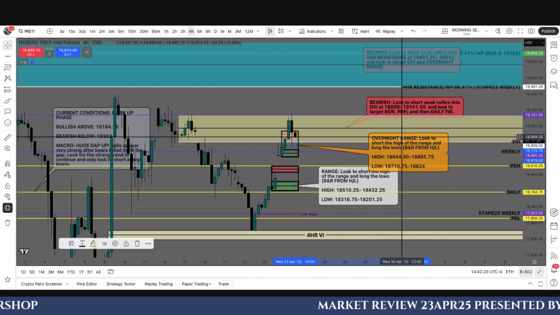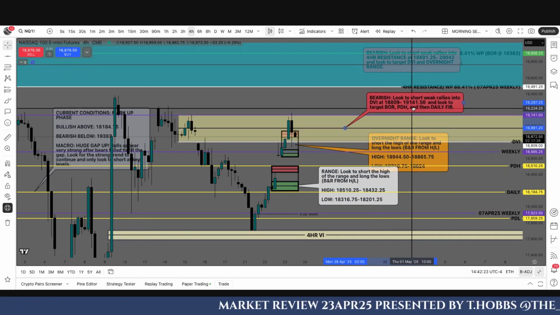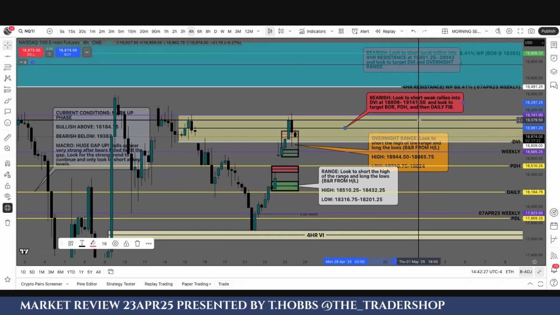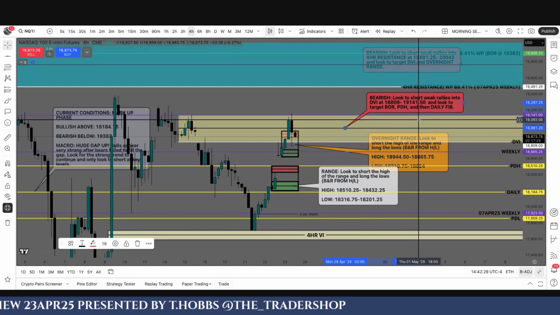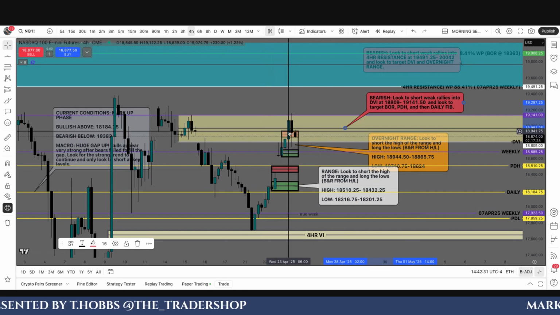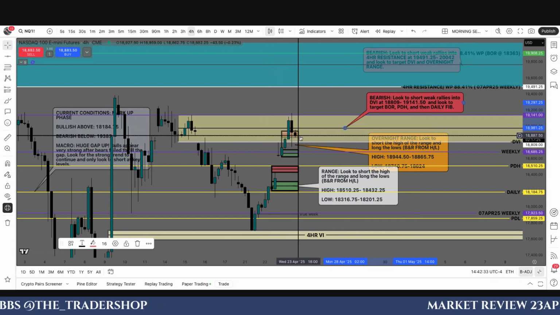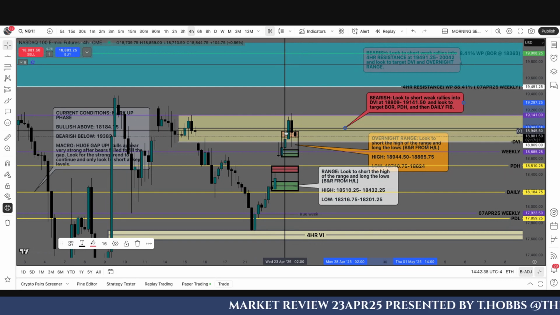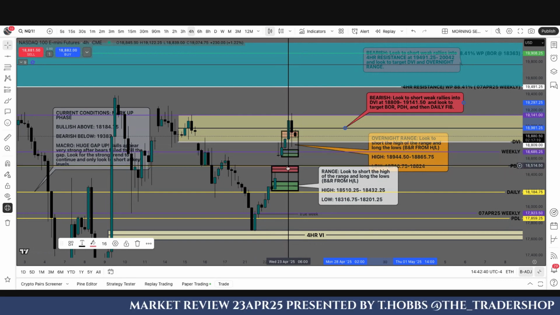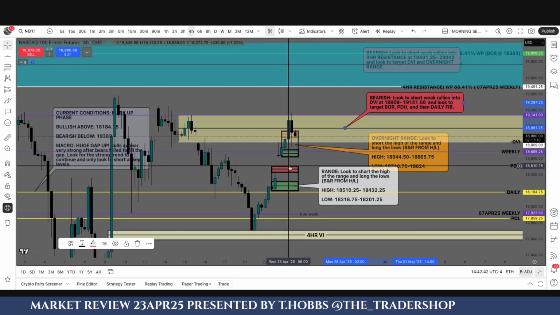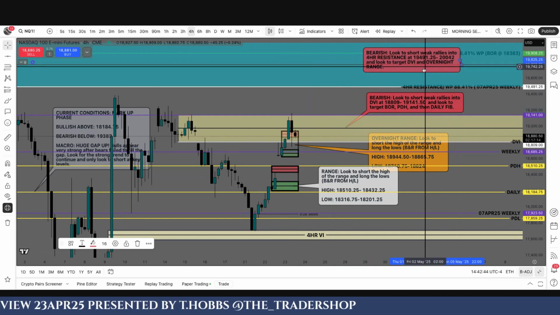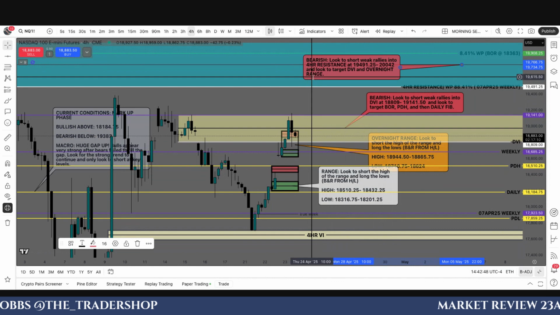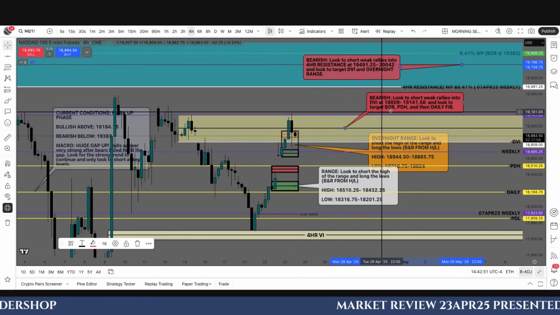All right. Bearish, I'm looking to short weak rallies into the DVI, daily volume imbalance, at 18,809 through 19,141.50. I want to target the bottom of the range, the previous day high, and then the daily fib. I forgot the top of the range. So essentially, I want to target the red box, the green box, and then the yellow line here at the previous day high. My other area I was looking for shorts was if the market came all the way up here, which it did not. It ran out of steam right up at these highs.